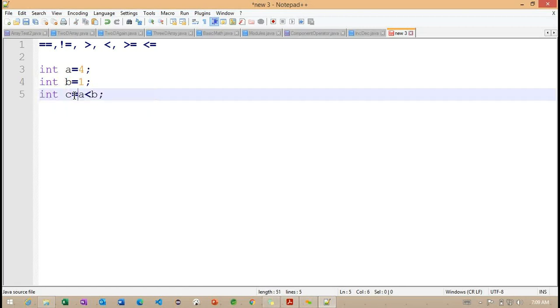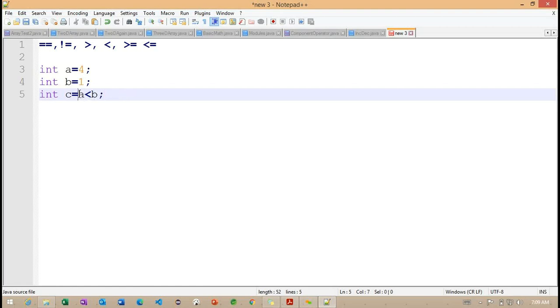Now, can I write int c is equals to a less than b? If I write that, we get a compilation error, because a less than b returns a Boolean value, but we are trying to convert it into an int data type.